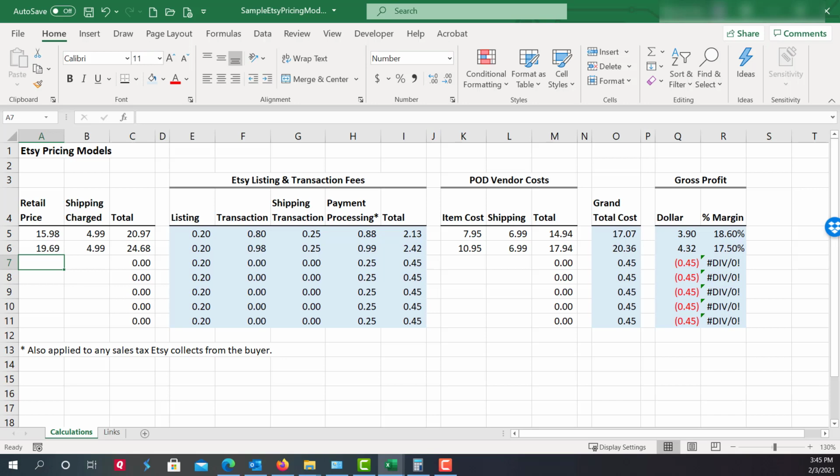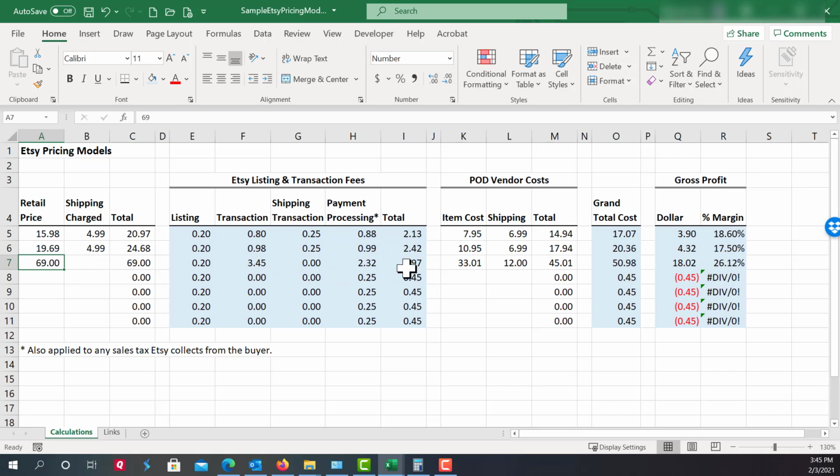So say you have an item that, okay, it's a higher priced item, I'm going to charge $69 for it. Let's see how it works out if I don't charge shipping. Okay, so here's my Etsy fees. In this example, the vendor is going to charge me $33.01, an odd amount, but that's what I found for something. And then they will charge me $12 to ship it. So that winds up being $45. And with the $69